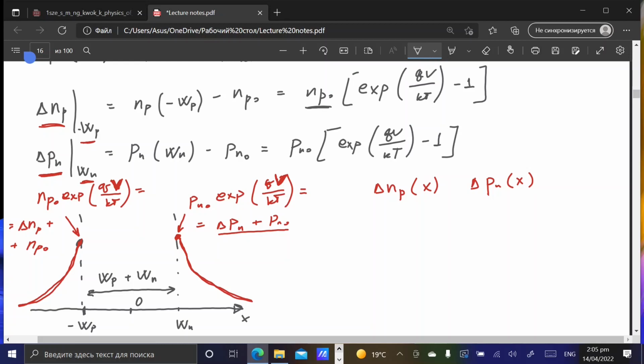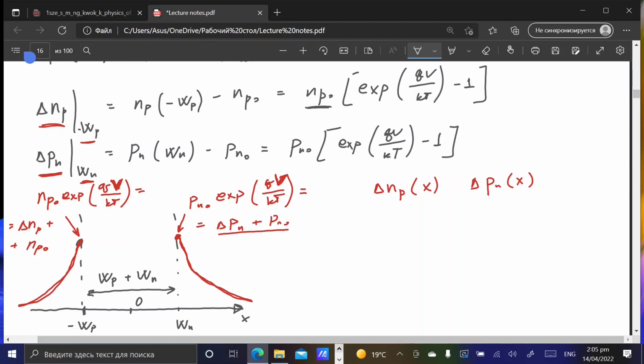We don't have high levels of injection, meaning we don't push so many minority charge carriers into these neutral regions that they become comparable to majority charge carriers. That means that we always have diffusion of minority charge carriers in both cases, and as we discussed last time,